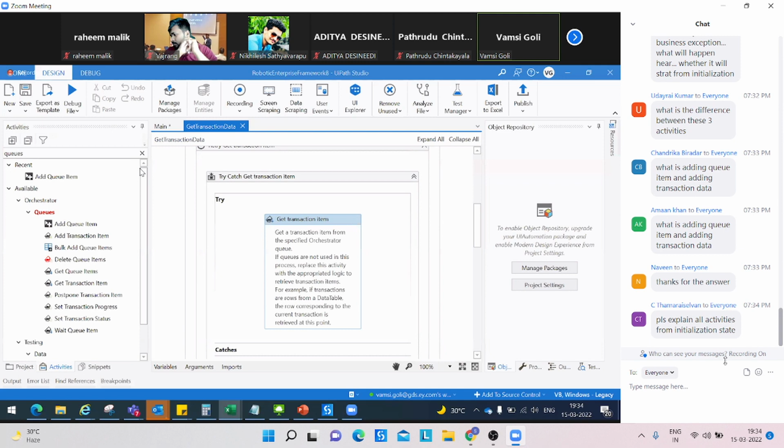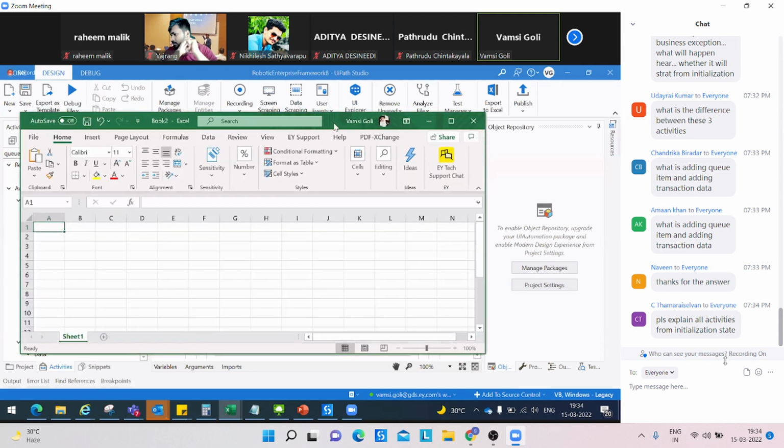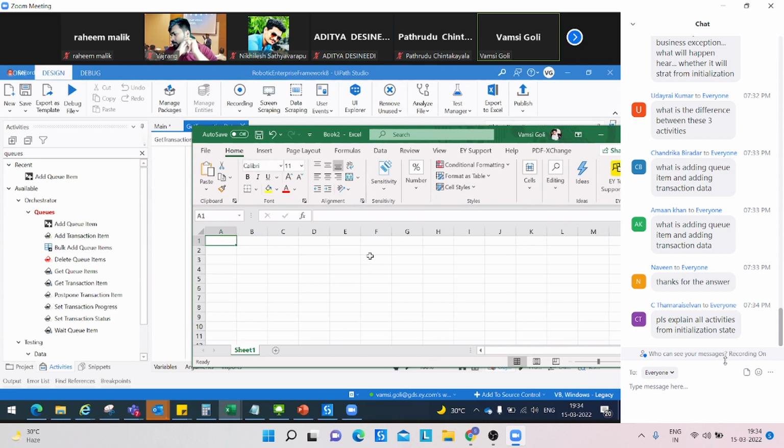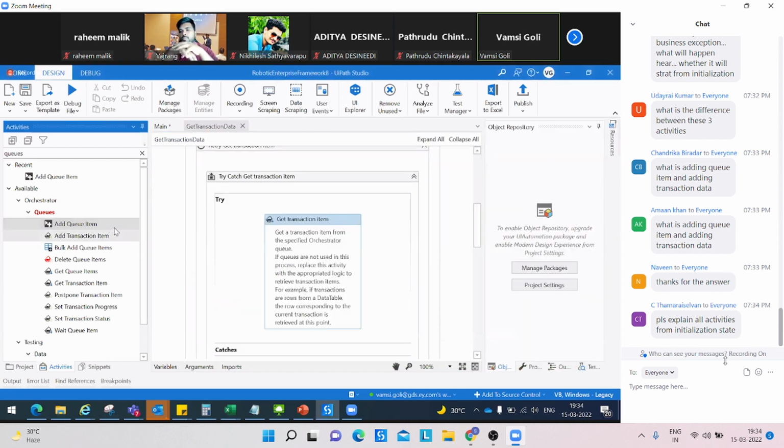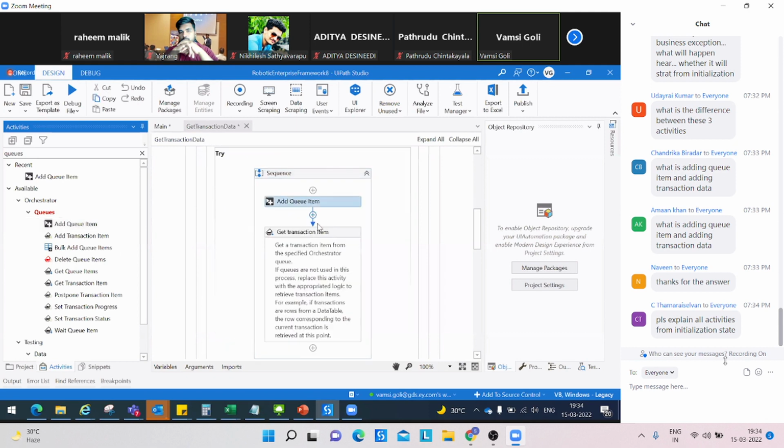Now you will easily understand when to use these 3 activities. Just imagine there is one Excel sheet, and let's say you have 50 records. Just understand, if I need to add this data to an orchestrator in the queues one by one, I just dragged the add queue item activity, and then if you go to properties,